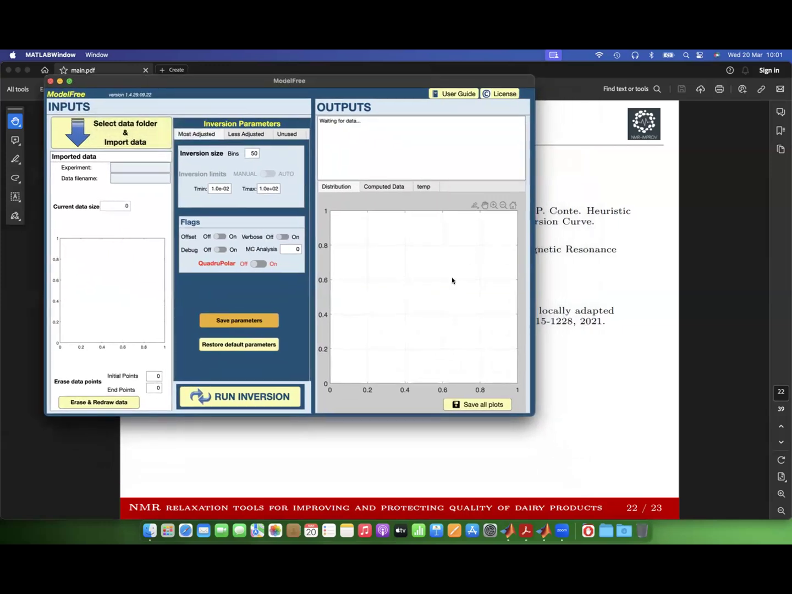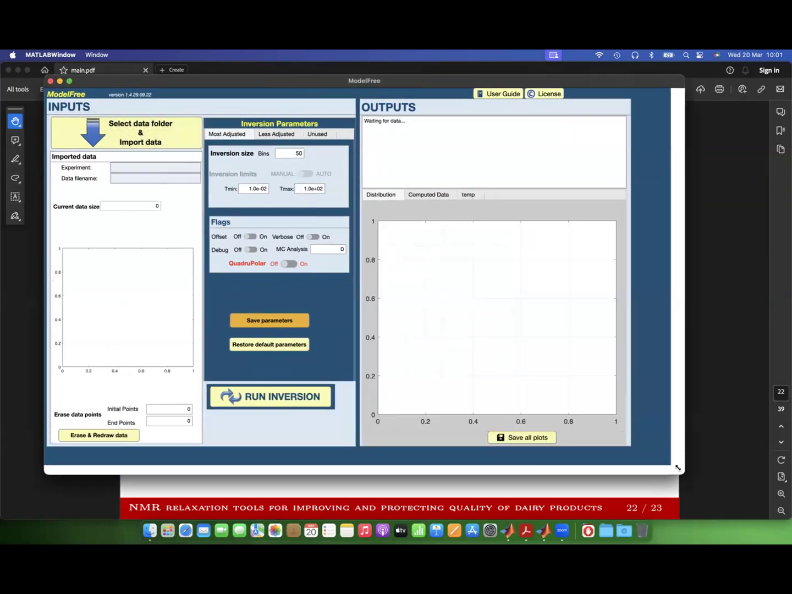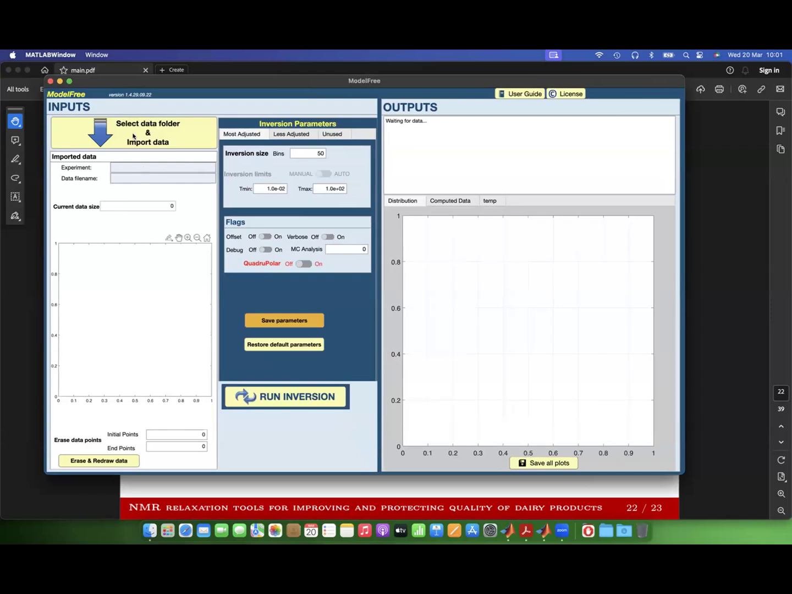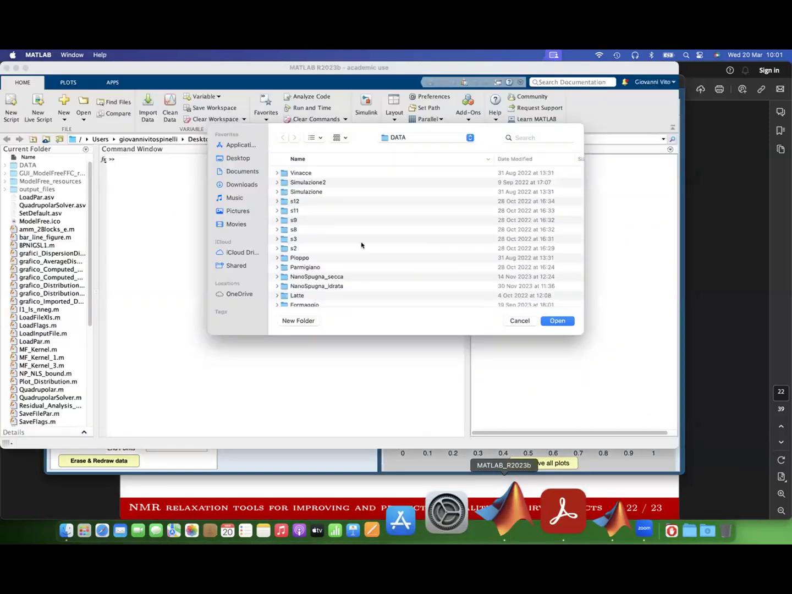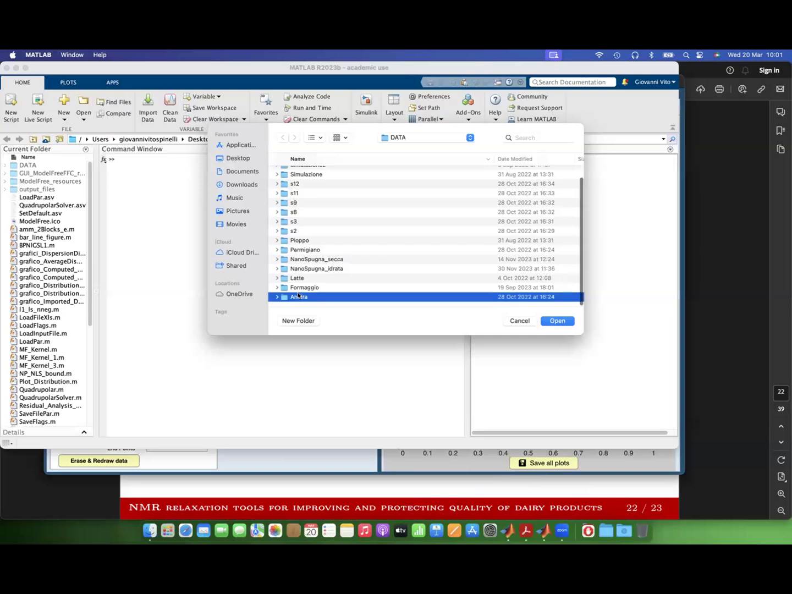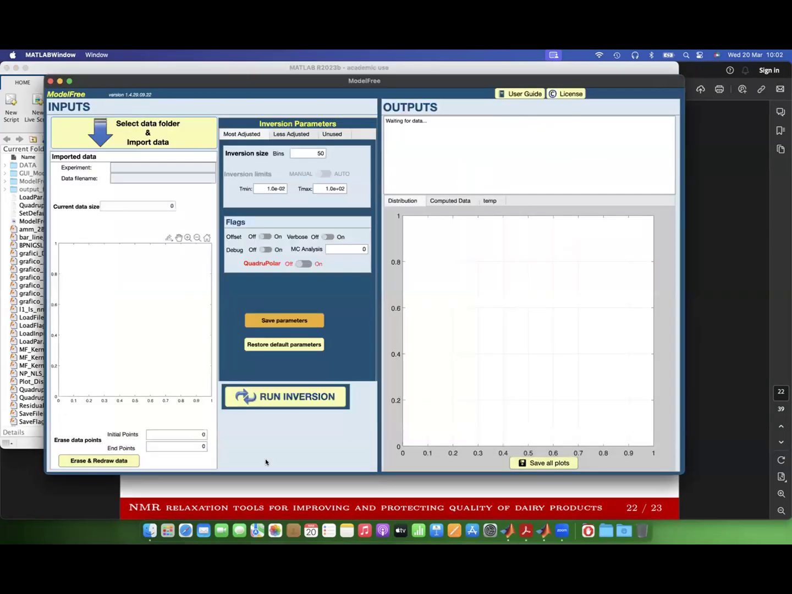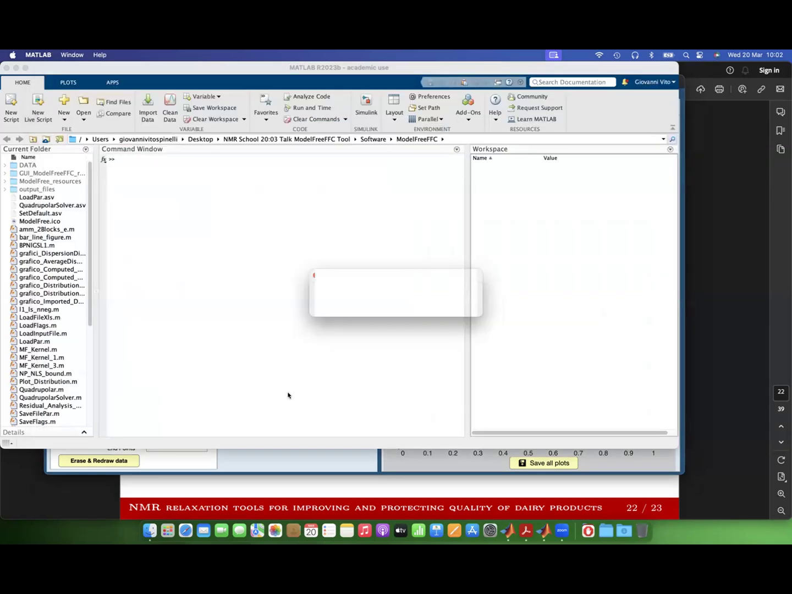So this is the first software, Model 3 FFC. You can select the data folder. Let's try with an example without the quadrupolar effect. If I open this data, here on the left we have the profile, and there are no local maxima. And if I run the inversion,